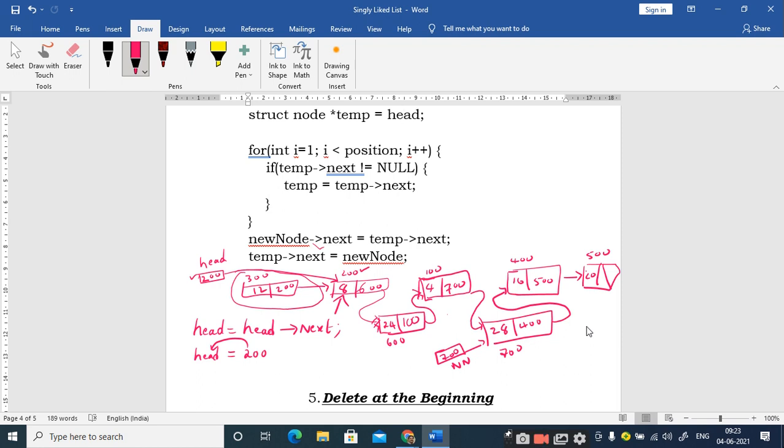As you know, what are the different dynamic memory allocation functions we have in C? Malloc, calloc, realloc, right? And there is another function which we can use for deallocation of the memory, that is free, right?